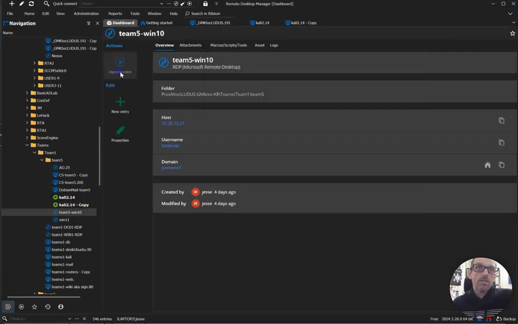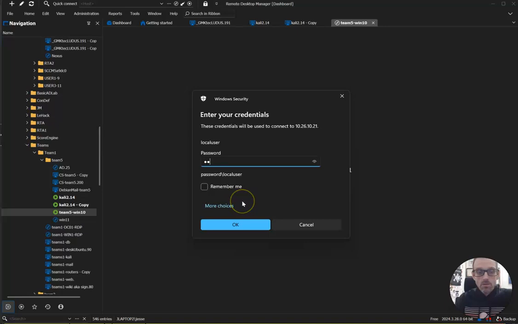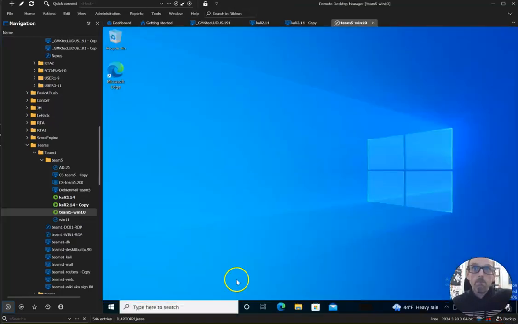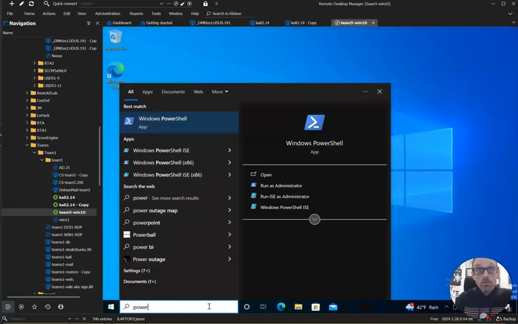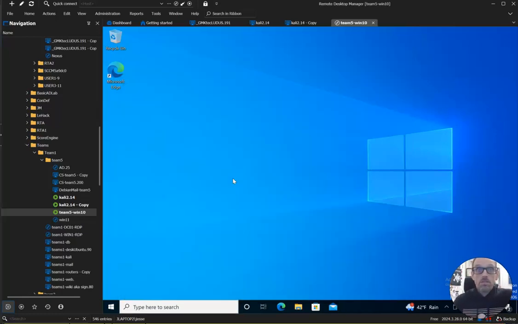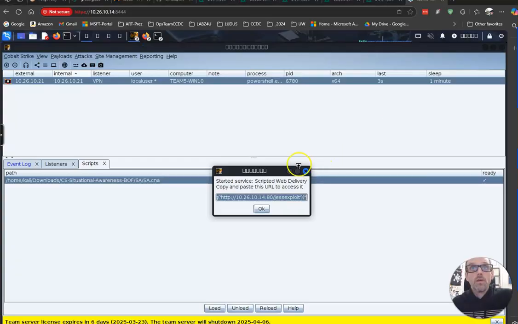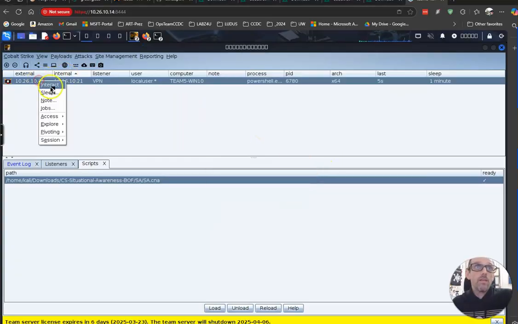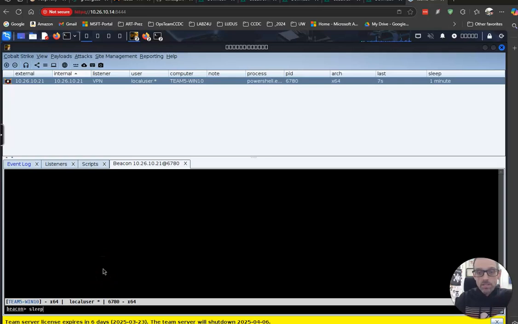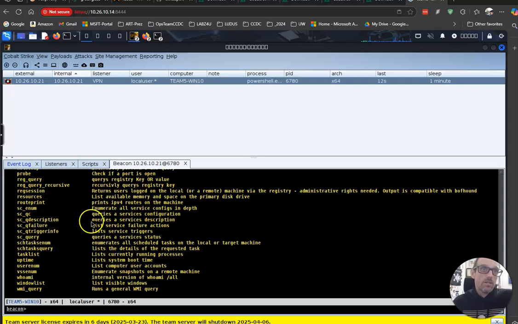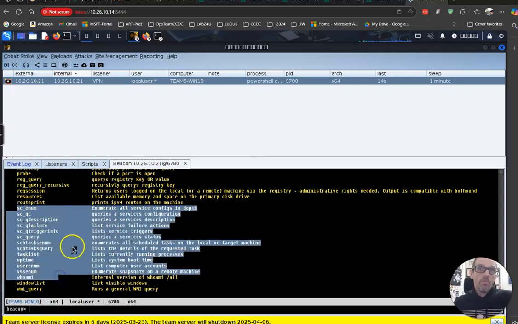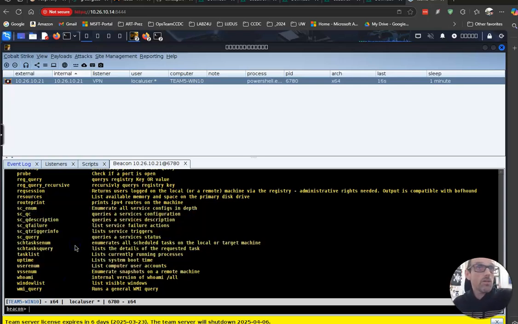And open up probably some kind of Windows device, like so. And we'll just put it in PowerShell, just like that, and come back here, and here we are. We have a beacon. We can go interact with it. I'll just say sleep 0, just so we can go quicker. And then if I do help here, you'll see where all these BOFs are now. So you can go ahead and use those. So cool. So that's CS and installing it